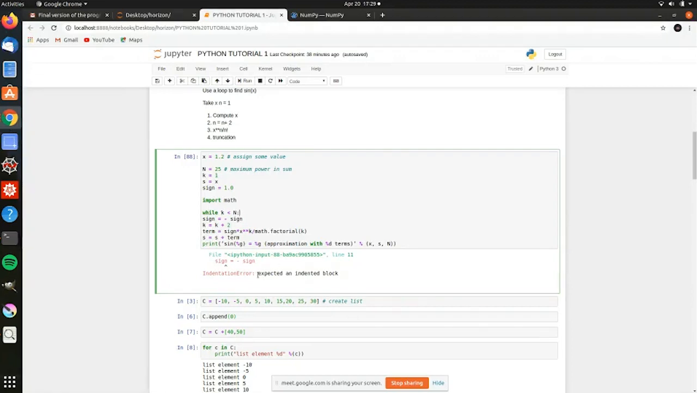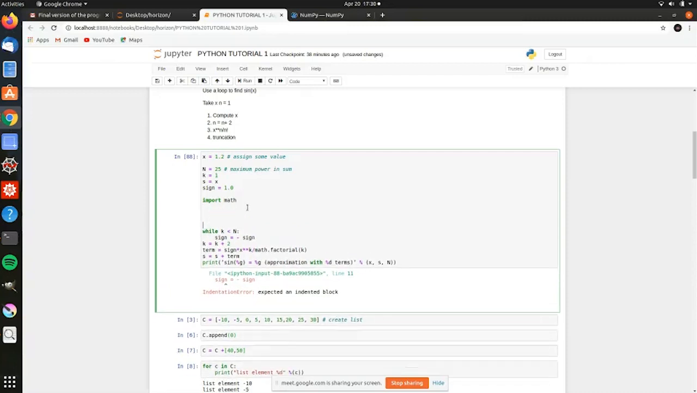And here, this is my error, expected an indented block. This is something very unique to Python. Python expects you to indent your code. What do you mean by indenting? Whenever you encounter a colon sign like this, you are supposed to have the code with a tab. So you should tab it, which means that, in C++, if you remember,